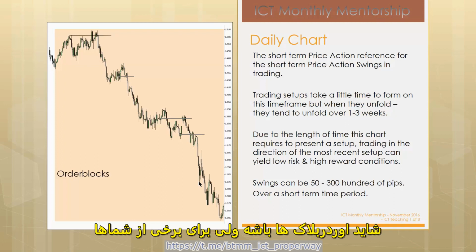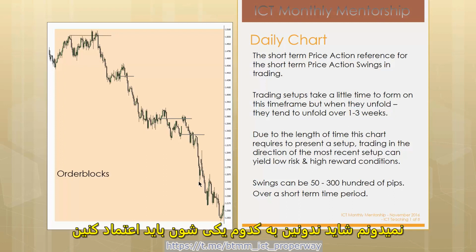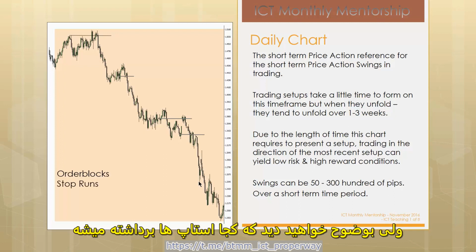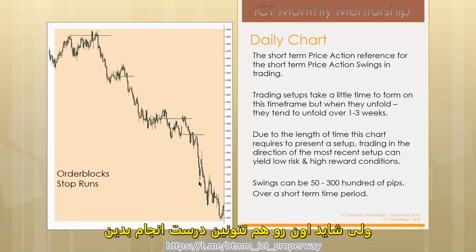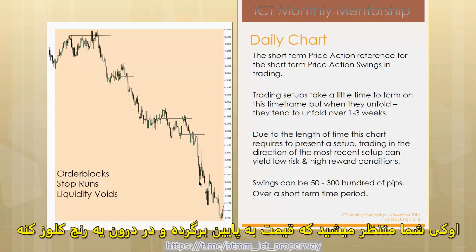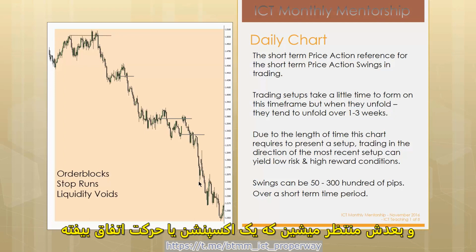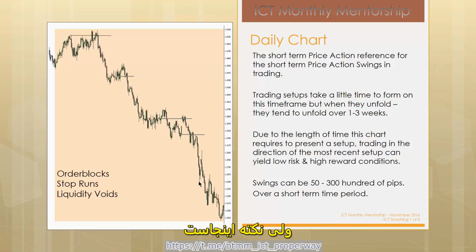But for some of you, the order block is going to be problematic. It's going to be, I don't know which one to trust. But you'll clearly see where the stop runs are, and you'll be able to trade turtle soups. But maybe you can't do that either. Well, you'll trade liquidity voids. You'll wait for the price to come back down, close in a range, and then you'll wait for expansion to happen. But the point is, these three forms of discipline that I use for trading always exist